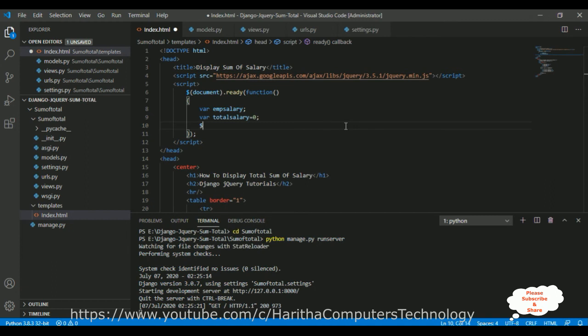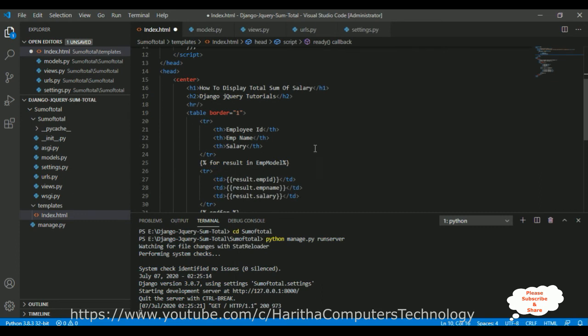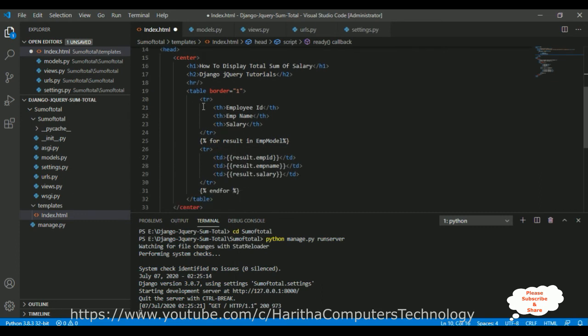Then dollar between single quotes, the salary is in the table, the third TD. TD1 is the EMP ID, TD2 is the EMP name, and TD3 is salary. So the nth column, the TD is the salary,